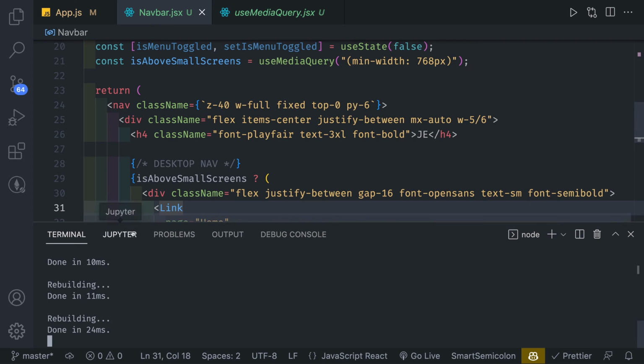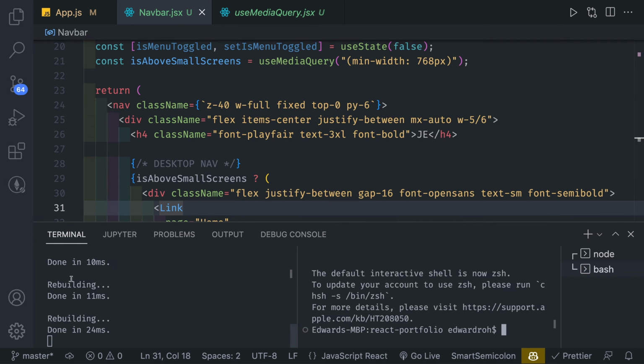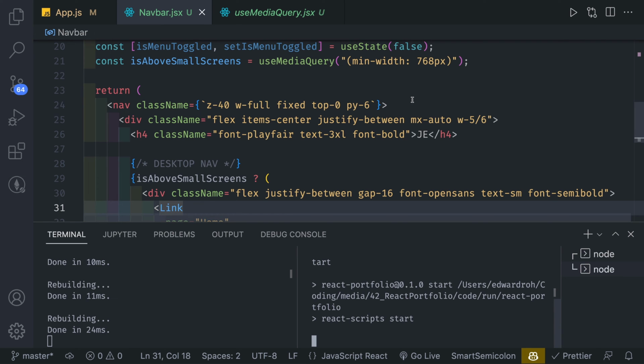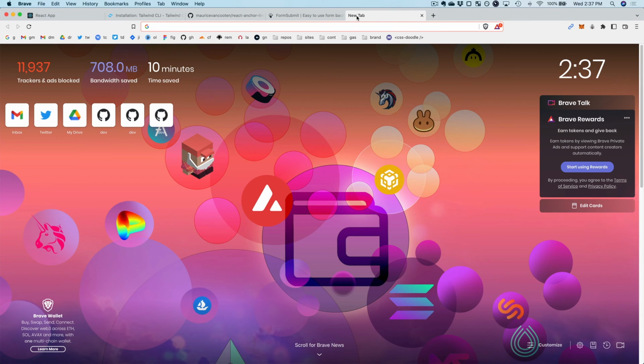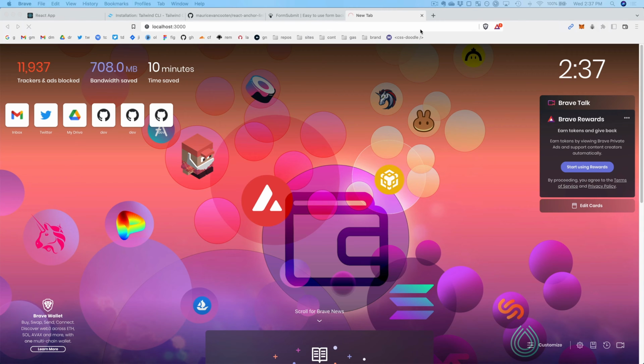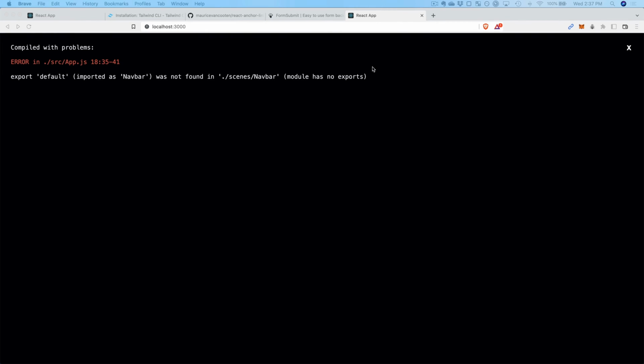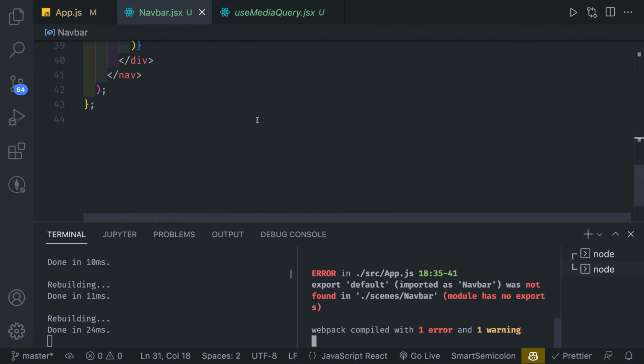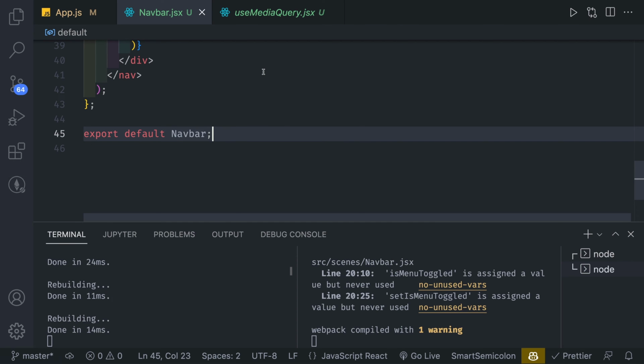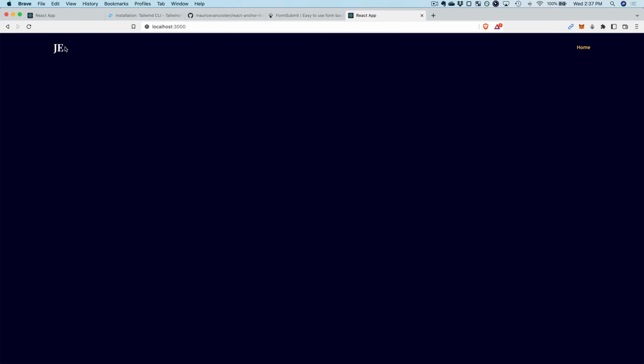So I'm going to open up my terminal. I'm going to create the split screen so we can keep the watch of the Tailwind CSS keep going. And we're going to write npm run start. And we're going to open up localhost. And we're going to wait for that. Okay, and then we did export default imported was not found. Oh, so I forgot one thing. We're going to do export default Navbar at the bottom of our Navbar component. So we're going to save that, and we should see we have the logo and we have the home bar